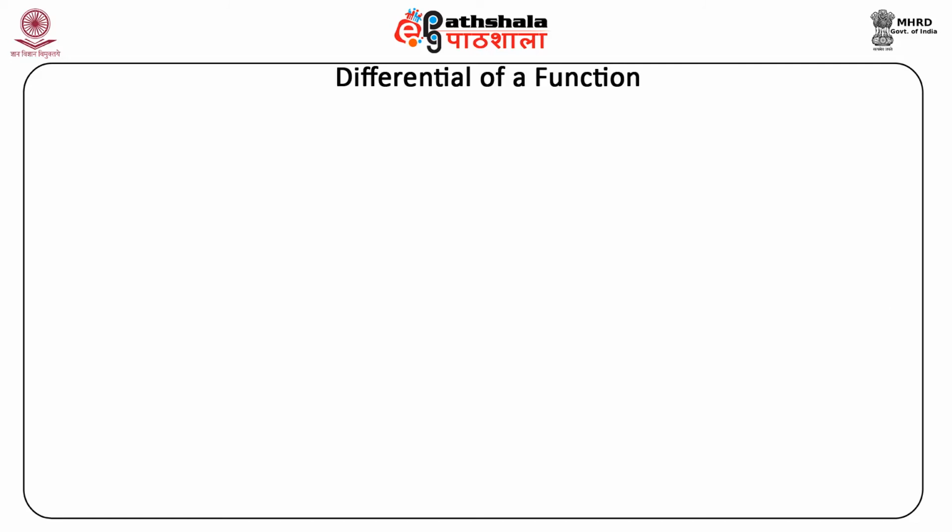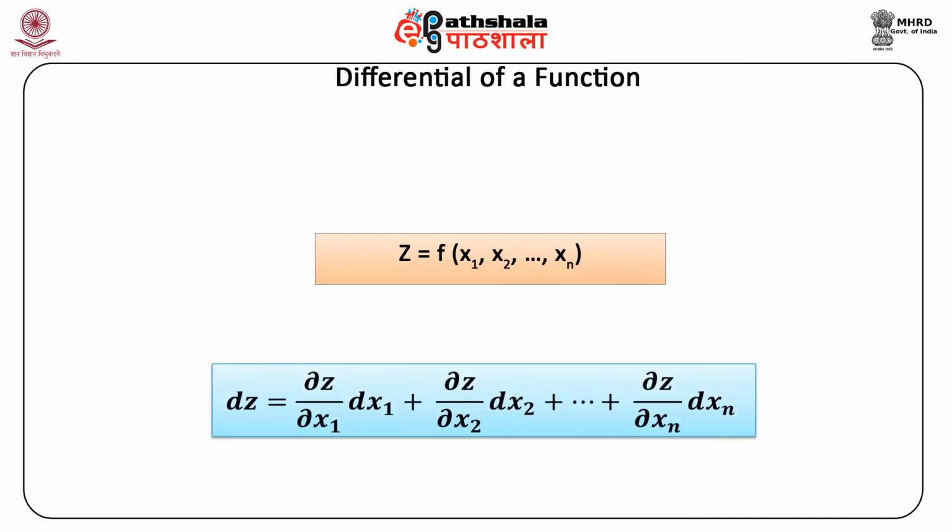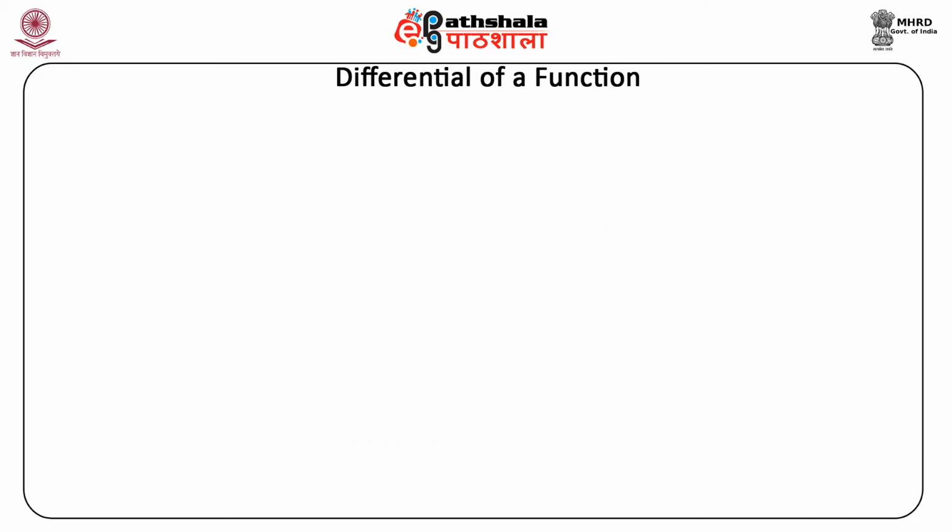The concept of differential can be easily extended to the case of n variables. Consider z is equal to f of x1, x2 up to xn. This implies dz is equal to delta z upon delta x1 into dx1 plus delta z by delta x2 into dx2 plus so on plus delta z by delta xn into dxn. The formal rules obeyed by differentials for practically differentiating a given function are exactly similar to those obeyed by the